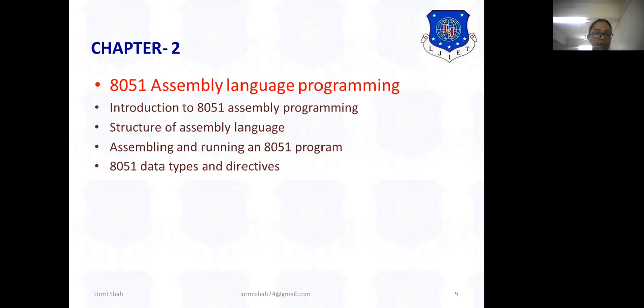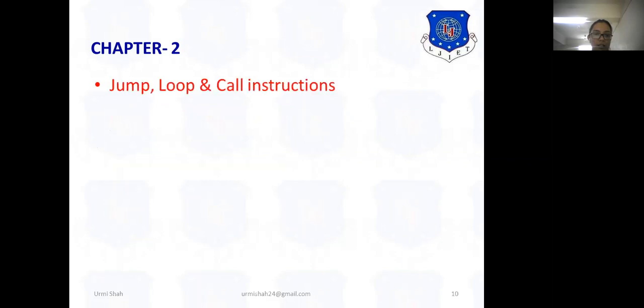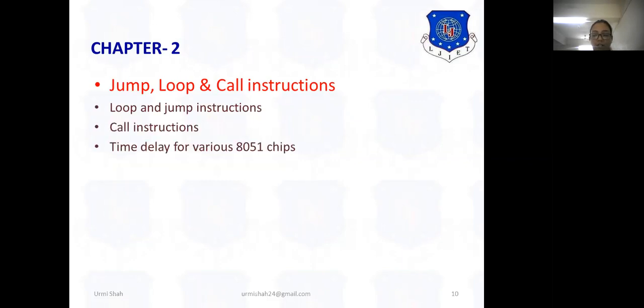This chapter has a few more points. You are going to learn the instruction set architecture of 8051. All the basic instructions we will learn, like add, subtract, move, then jump, looping instructions, and call instructions related to subroutines, timing and delay.